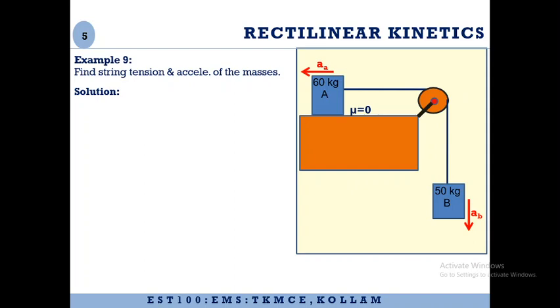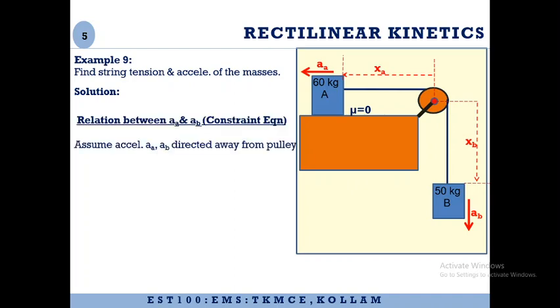Next we need to find the relationship between these accelerations. To do that, we have to assume reference lines. Reference lines should be assumed perpendicular to the direction of the string connecting the block. For example, this is the string connecting block A to the pulley, so this will be one reference line perpendicular to it. Similarly, the next reference line will be perpendicular to the string connecting the block to the pulley, so this will be the next reference line. XA and XB will be the displacements directed away from the reference lines, or directed away from the pulley.